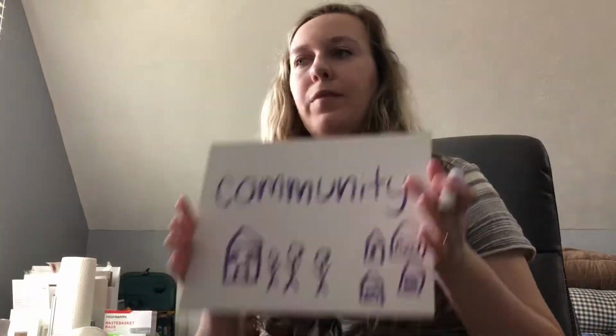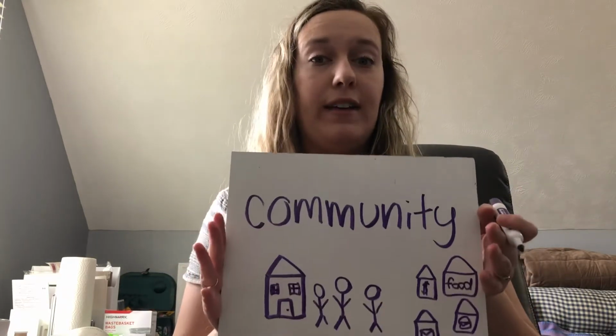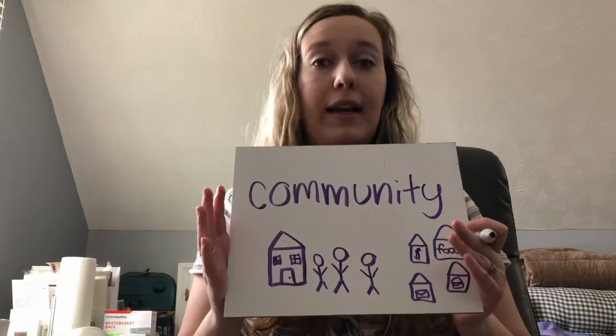A community is the place that you live and the people that surround it. So everybody has a community, and everyone's community looks a little bit differently. Our communities kind of go together because we have Asheboro Hybrid Academy. So even though we may live in different places, we all come together to school. And so that is our community at school. But all of us may live in different communities. You may have one of your classmates as your neighbors or close by to you, or you may not.